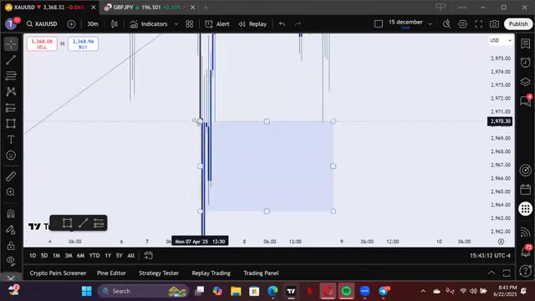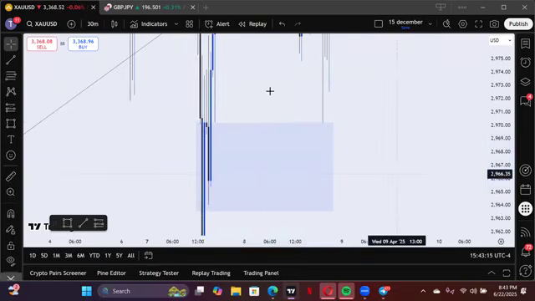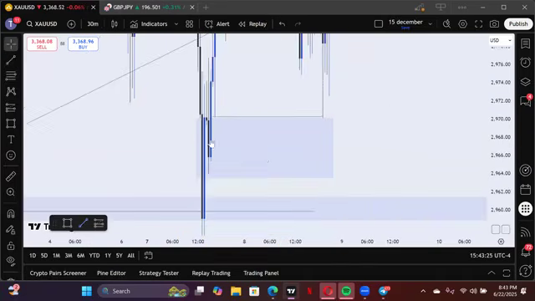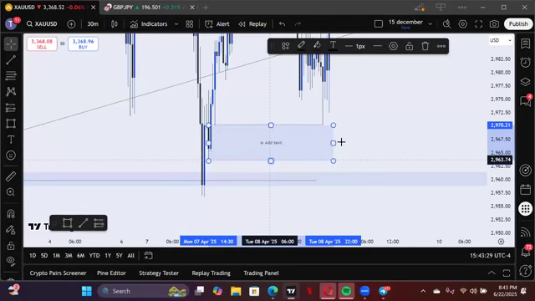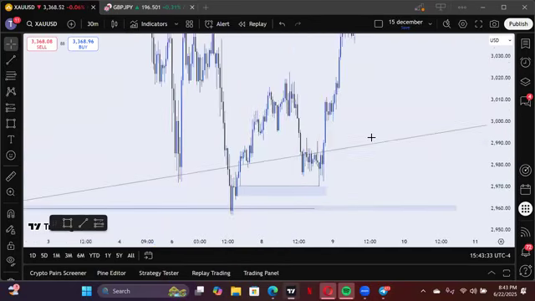So this zone was not mitigated. If you look at it closely, this was in the inducement. So price actually came back to mitigate the breaker block properly. So it was only when price mitigated this zone that we confirmed this move to the upside, which is this other block. So when price mitigated and gave us this structure shift, inducement and point of interest, we confirmed